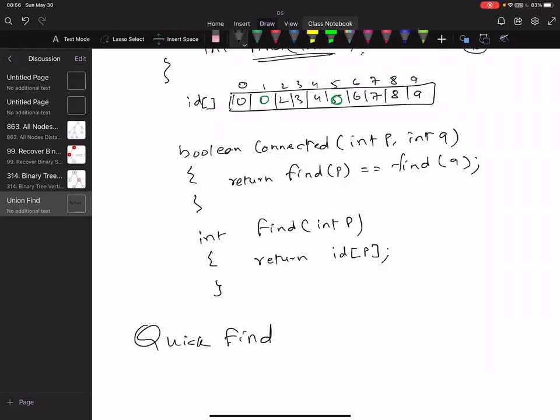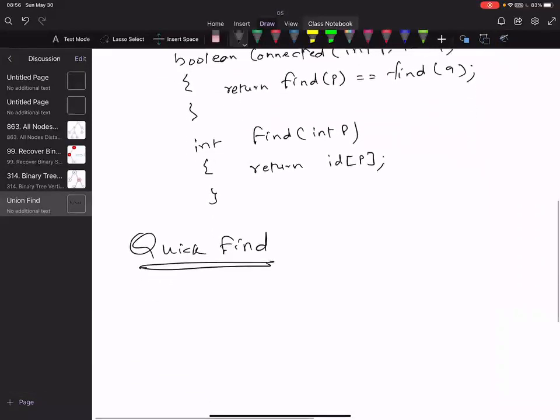So I can call it a class, quick find union find. What does quick find union find mean?